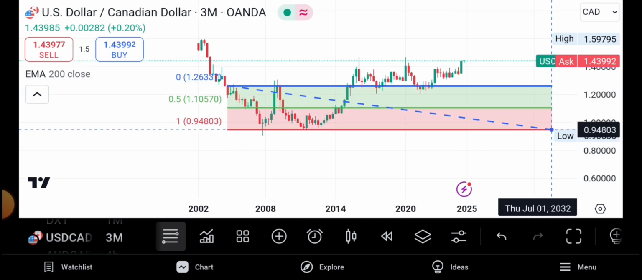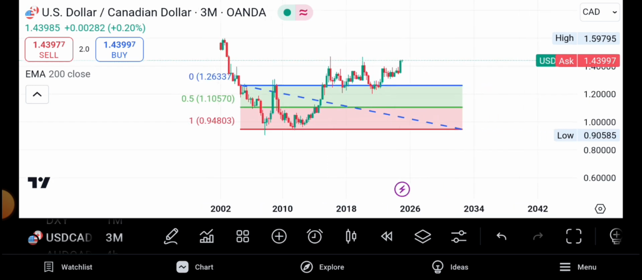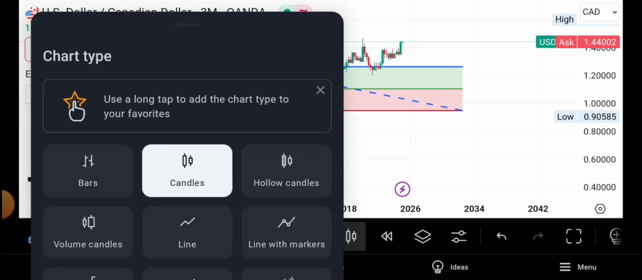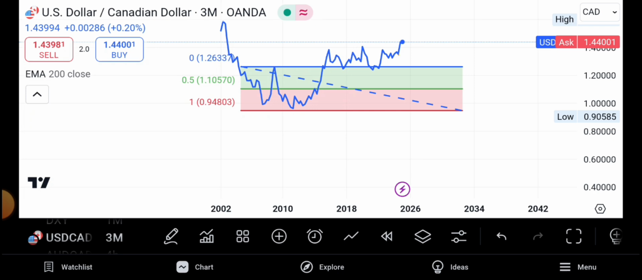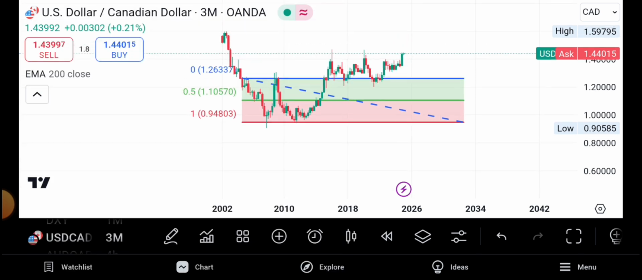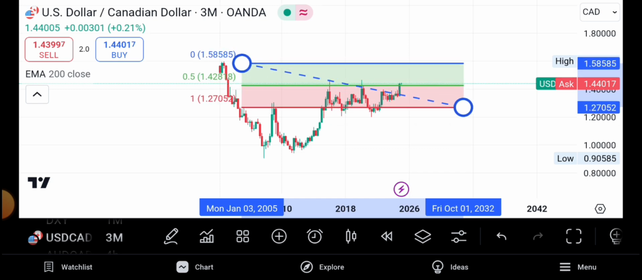I know you'll ask me, why did you choose to measure that distance using the candle, not the wicks? The reason is that if we change this chart from a candle chart to a line chart, you shall see that is the exact point. That is the exact point. So I love using the line chart. Are you together? So we are going to measure that distance, and we can all see